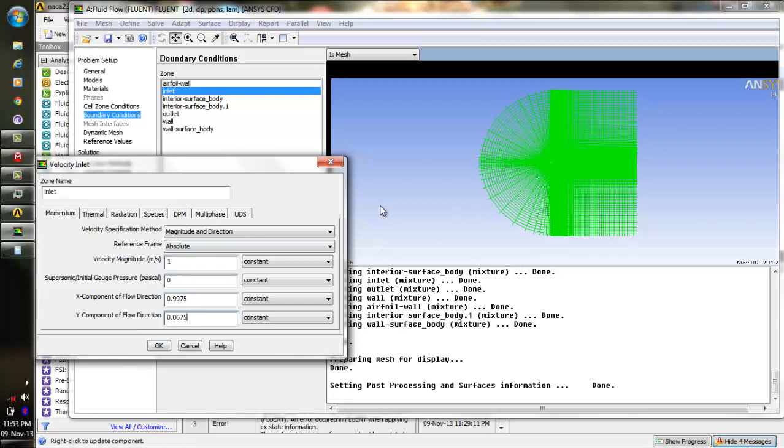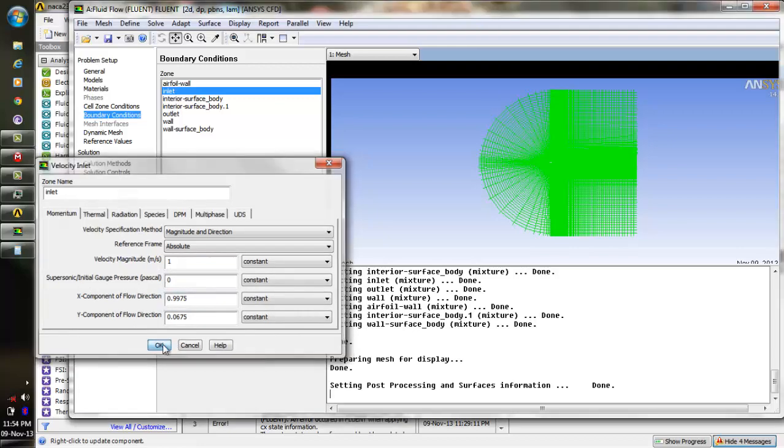What we have done is we have taken a triangle. The hypotenuse is the velocity which is acting along this direction, that is alpha equal to 4 degrees. The x is the cos component, cos alpha, and y is the sin component, and the velocity magnitude we have kept the same. If we use this option as components, for the x velocity we have to take V into cos of alpha, and for the y velocity V into sin of alpha. In this the velocity magnitude is separate, so we will keep it separate and just specify the